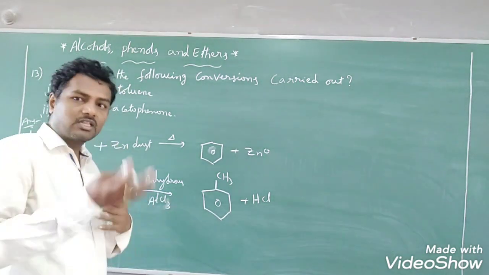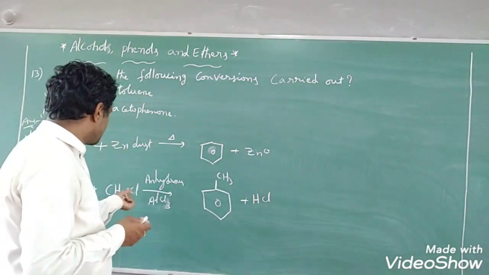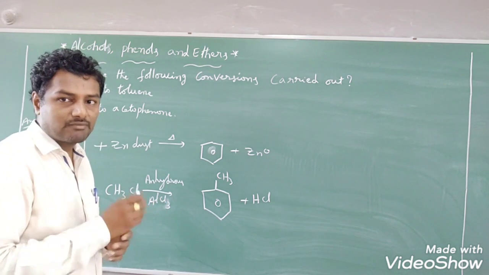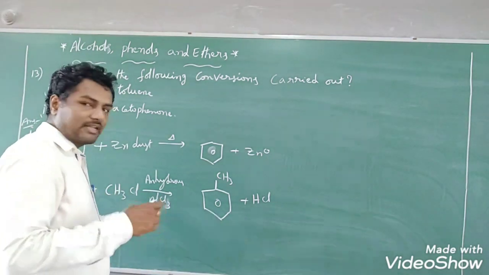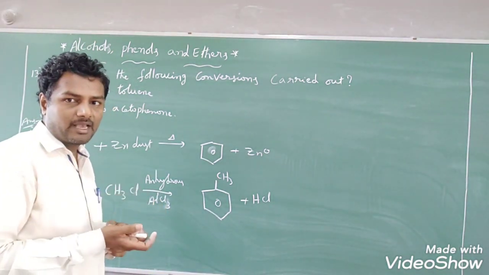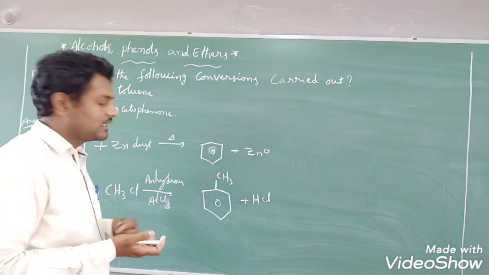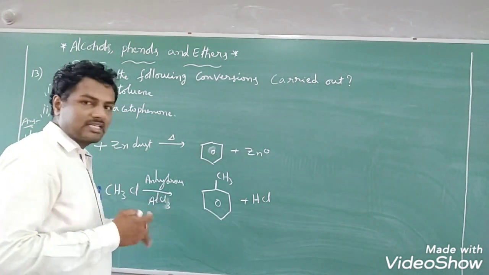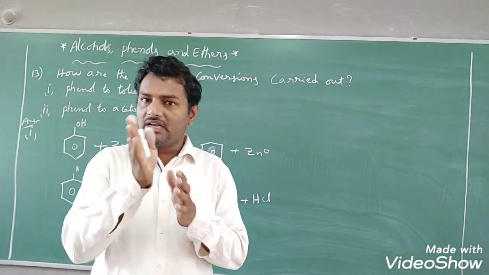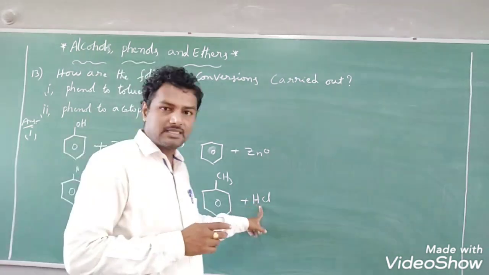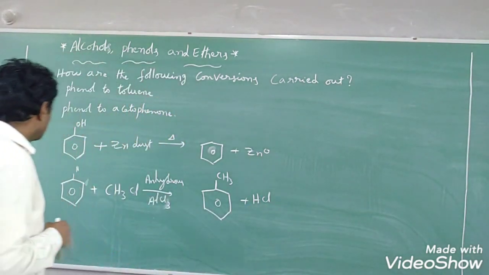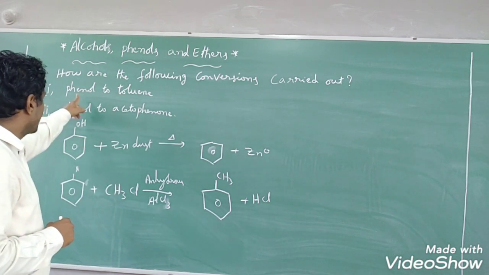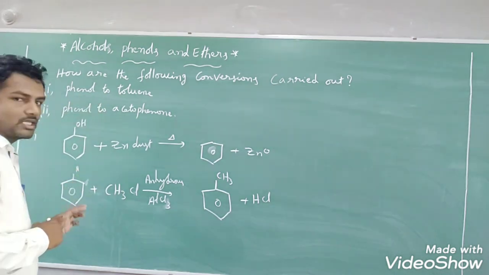If you observe the mechanism, the Cl minus combines with AlCl3 and it will be converted into AlCl4 minus, and methyl carbocation will generate. This one will act as the electrophile. Again this H plus will combine with the AlCl4 minus and it will liberate in the form of HCl. That is what happens here. This is how, due to Friedel-Crafts alkylation, we have got toluene from benzene, right?